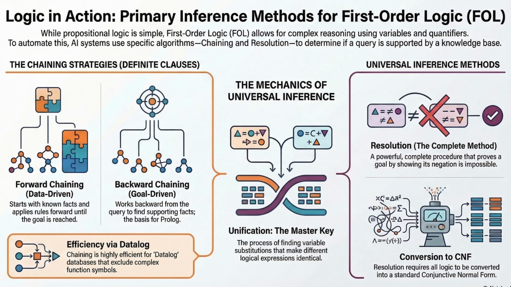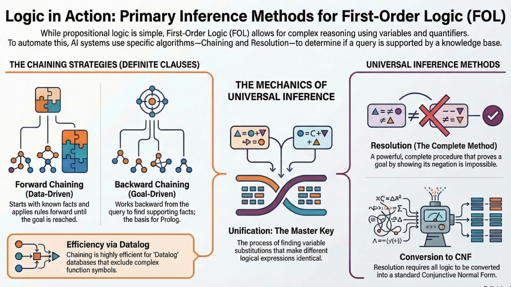You have to remove implications. Yes, you can't say if P, then Q. You have to change it to not P or Q. Logically, they're identical, but the second one is much harder for humans to read, and you have to move all the nots inward, and you have to Skolemize all the variables. It's like breaking a beautiful Lego castle back down into individual flat bricks just so you can store them in a standardized box. That's a great analogy. CNF is the box of bricks. It's just a long list of clauses combined with AND, and each individual clause is a list of literals combined with OR.